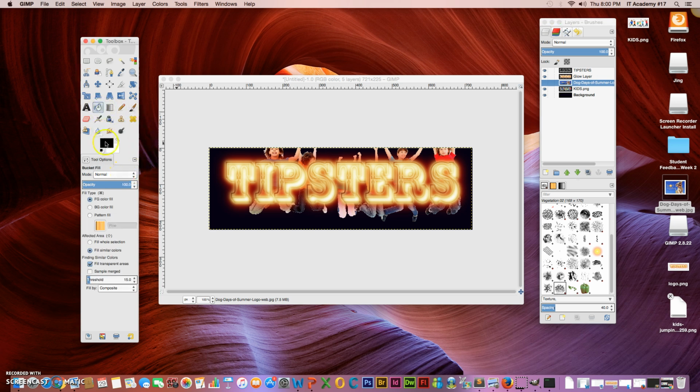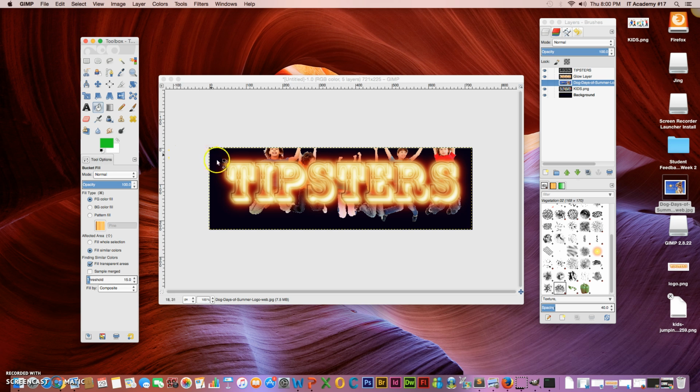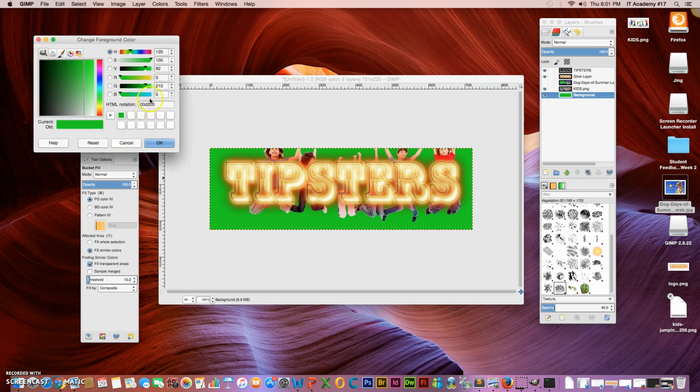I can change my color. I should be able to click and add color here, but it's not working. But usually you can click and fill your, this is why I can't, because I'm on the wrong layer. Click on the background, and then I can change the color of that layer. If I want it to be like a little sky blue,